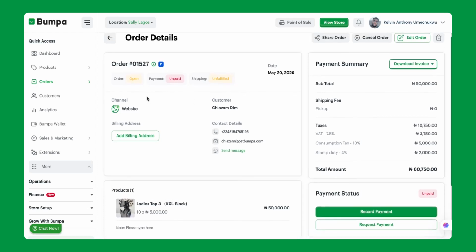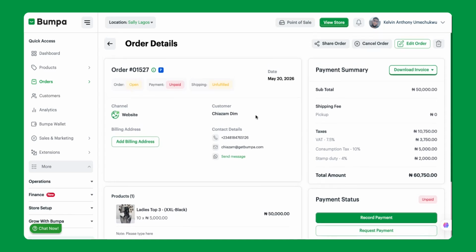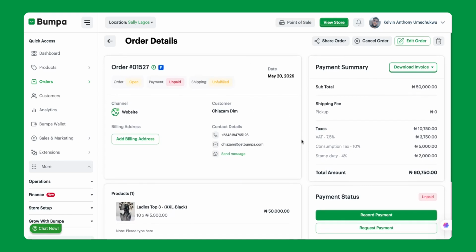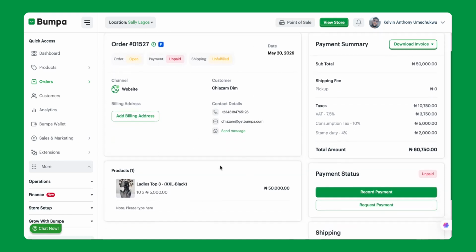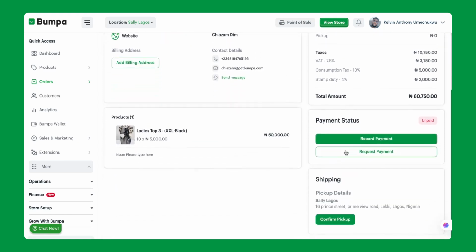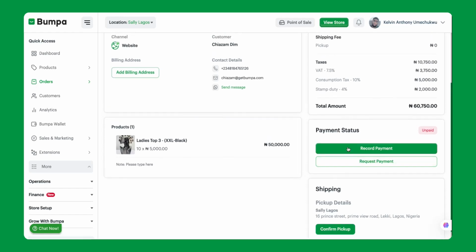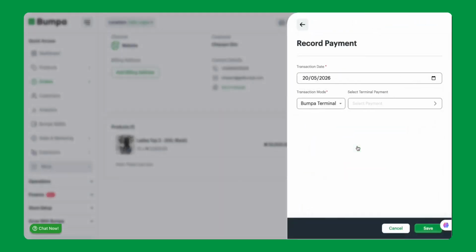Now, your order can move to a different status when you update this order. So, for example, right now, this order has not been paid for, but let's just say we update this order. Let's say we just record a payment, right? So let's use merchant's account, for example. This is the total, but let's say the customer has not paid the total yet and they've only paid 30,000 naira,